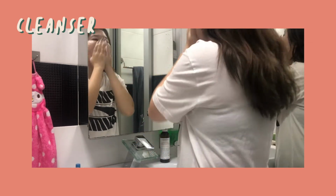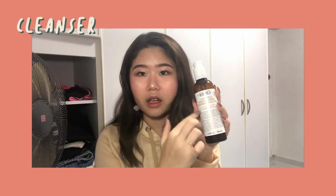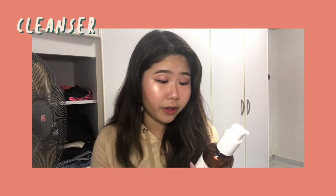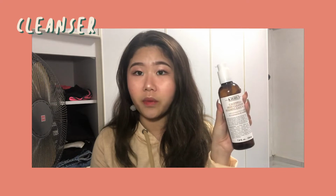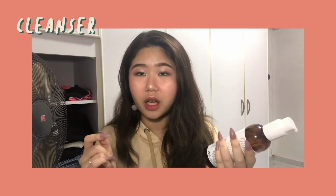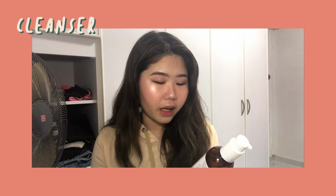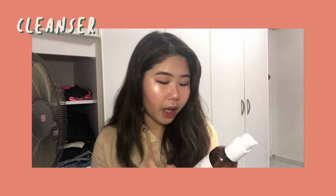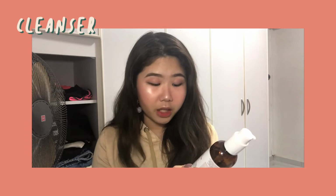And because I have combination skin, this is actually perfect for my skin as well. There's a lot of information here, but just to talk about it briefly, this is more of a gel formula that activates with water to create a very creamy and foamy texture when you wash your face. It contains calendula flower extract and glycerin, and it helps to soothe and replenish skin